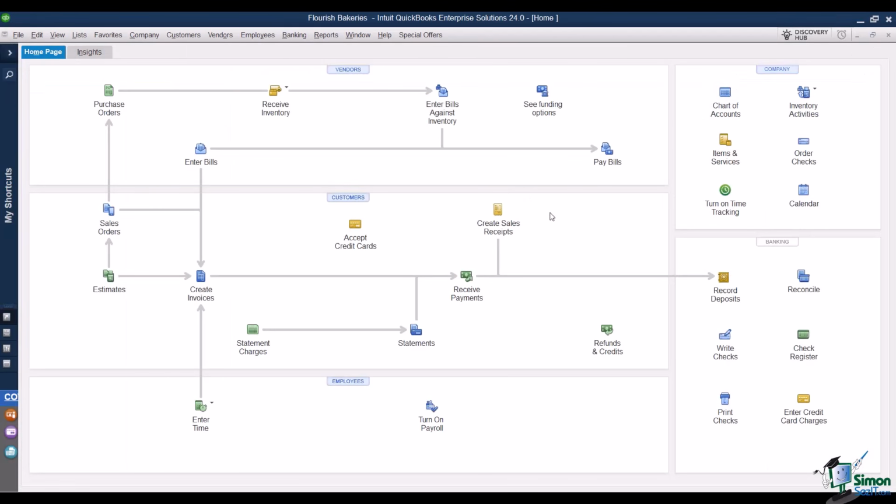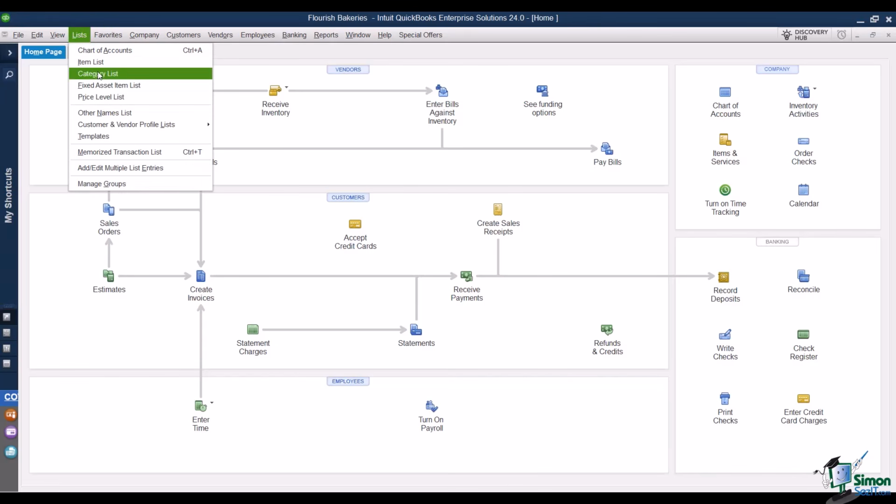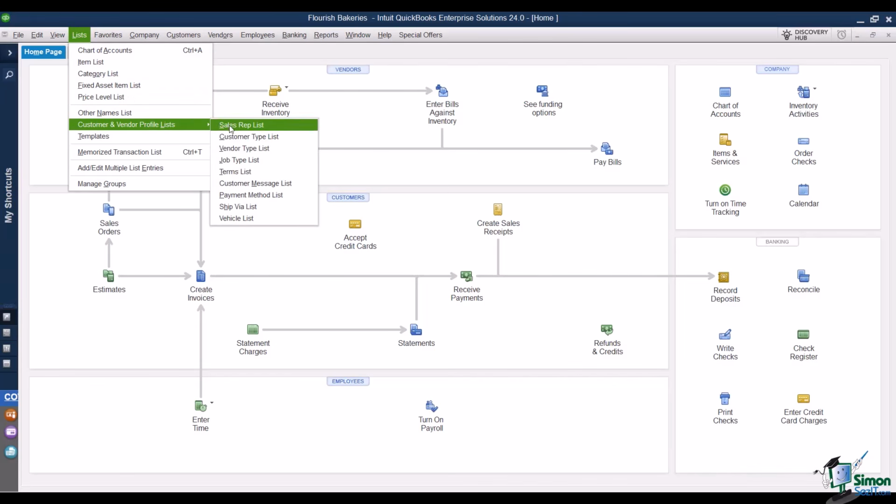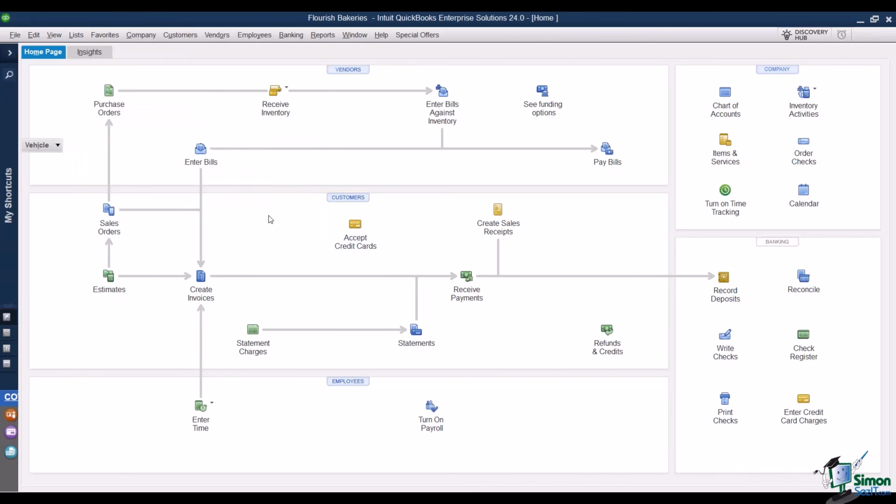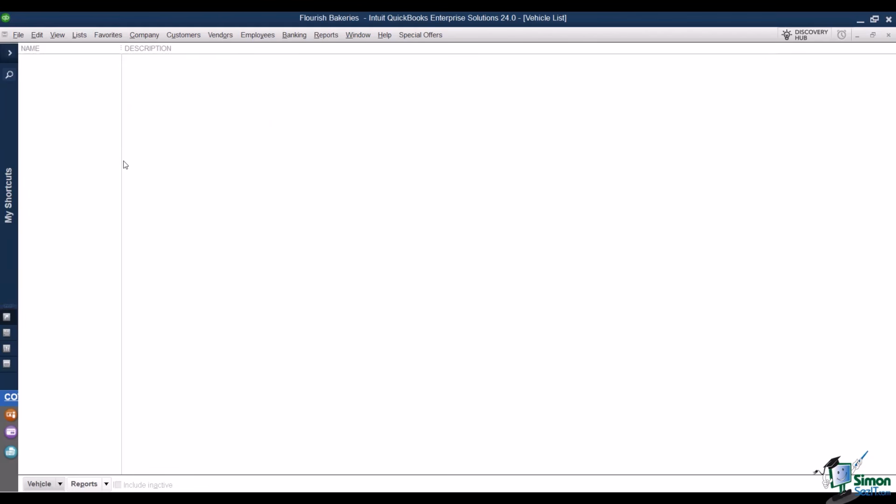Manage your business cars seamlessly in QuickBooks by adding your fleet, tracking mileage, and associating billable mileage to customers and jobs. To begin, select List from the top menu, hover your mouse over Customer and Vendor Profiles, and then choose Vehicle List. If you need to add more vehicles, click Vehicle at the bottom of the screen and then choose